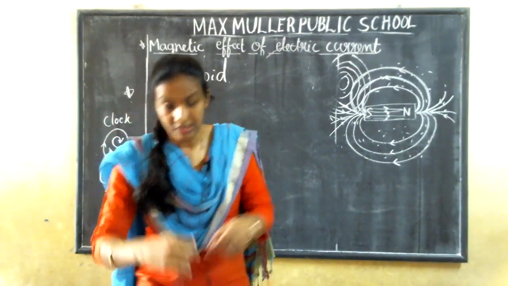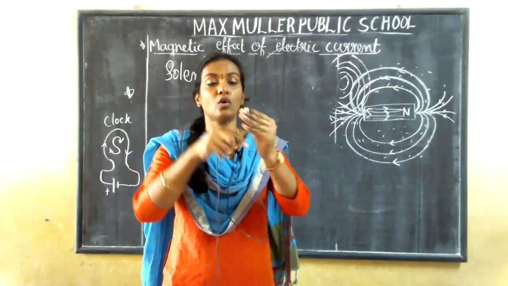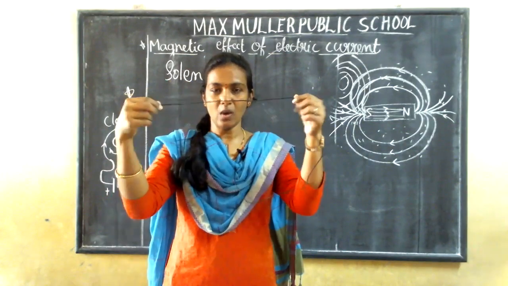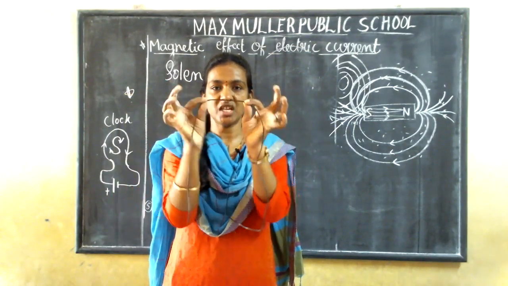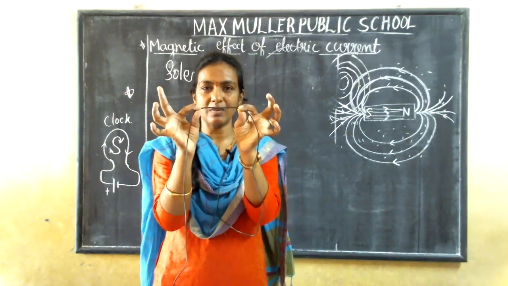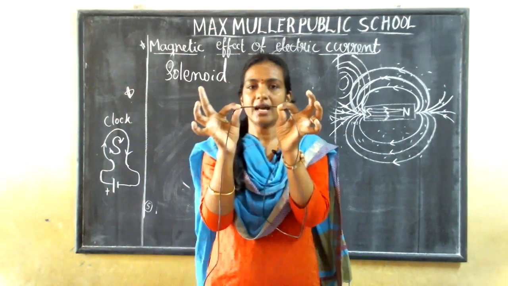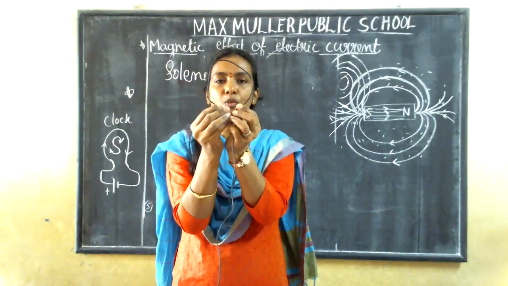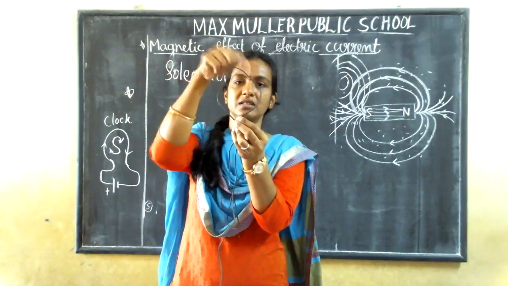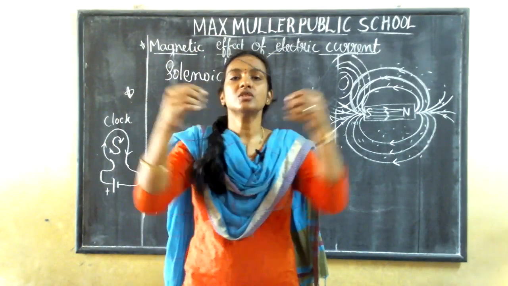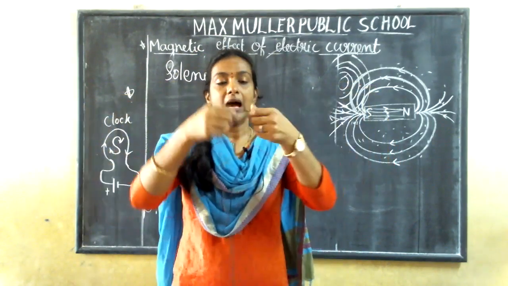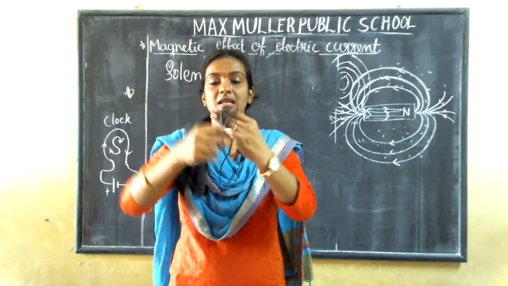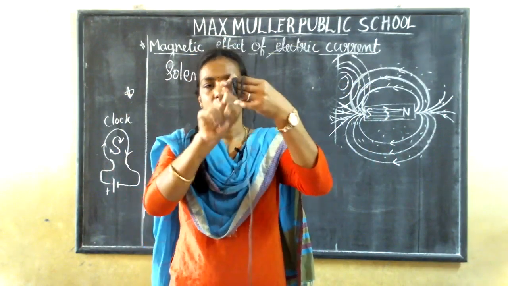This is simple. I'm using this wire only. Take a wire and coil it. This is a wire, a straight conductor. In this straight conductor, what happens here? The magnetic field lines arrange themselves in circular loops. When we turn this one, at every point you can see the circular loop. So this is the circular loop. What I am doing is just coiling them. This is called a solenoid.